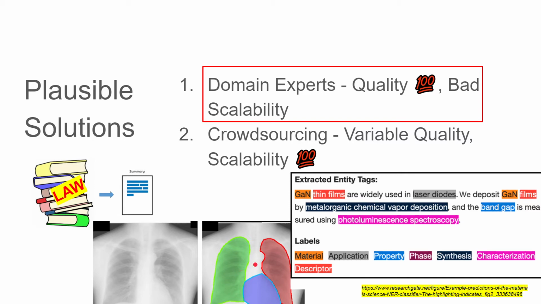And then finally we have an example from scientific papers. This is basically named entity recognition. Over here it is based on a very specific scientific field, which is basically outside the general layman's domain. So it requires very specific domain experts in order to annotate this particular named entity recognition. In critical cases like these, or in cases where you require a deep knowledge of the subject, that is where domain experts come in handy.